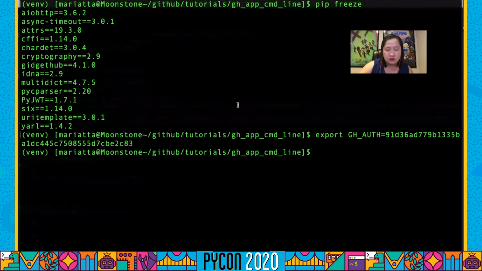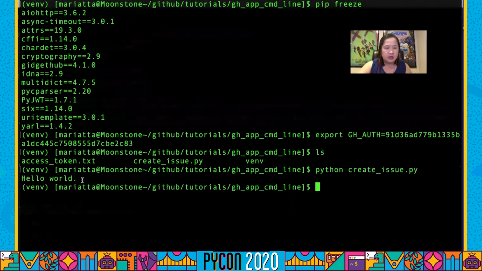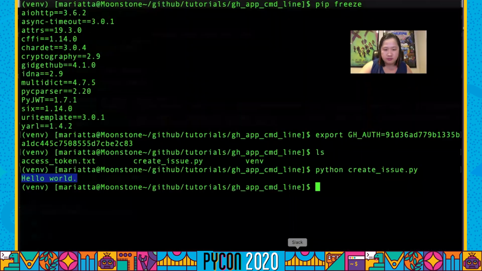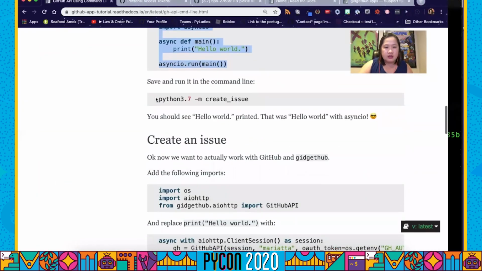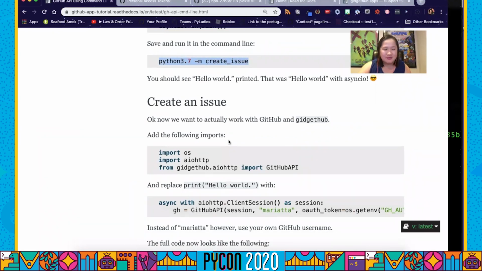Okay, let's do it in command line. So if I run that code, python create_issue, I see a hello world. So that's how I know my code is working. That's how to run it. Anyway,